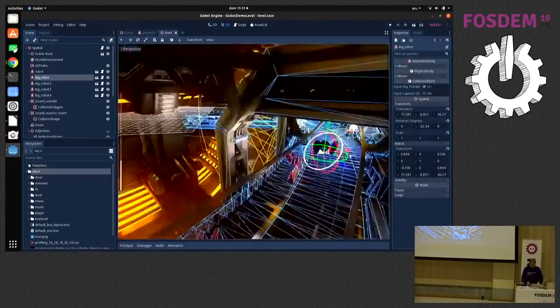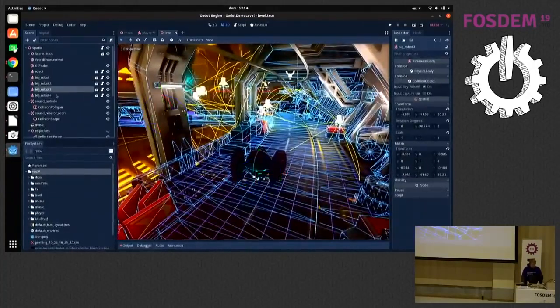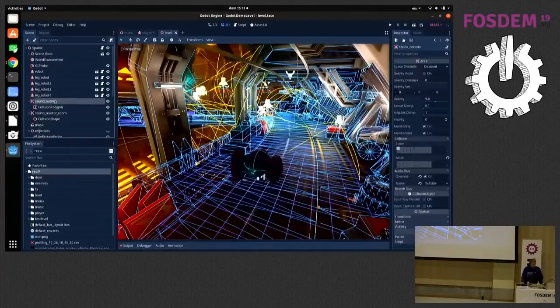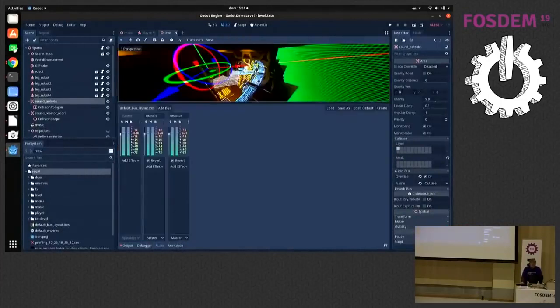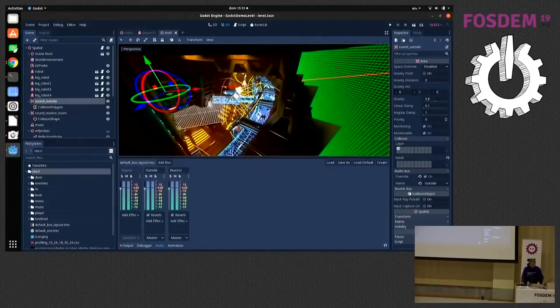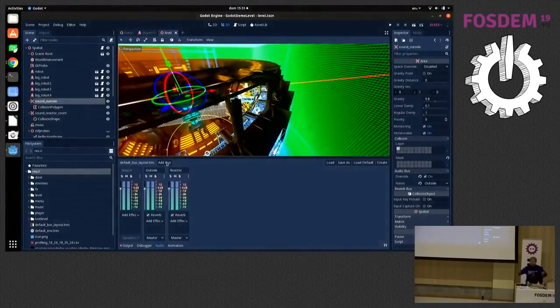This is for the enemy scenes. Here are the enemies. You have different robots. You have areas for the sound. Here you can see we have a sound mixer in Godot. This means that I can, for example, set up an area around where this is. I can give it any shape.